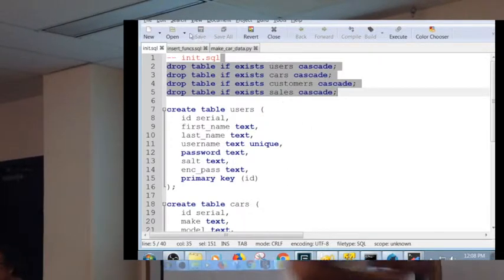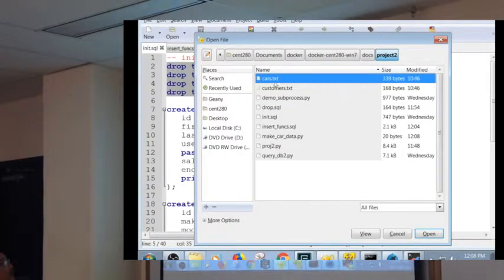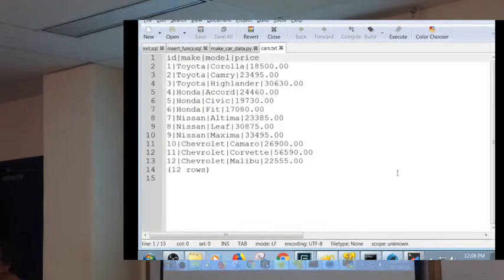Okay? Cars.txt is a vertical bar separated file, and not comma or tabs, vertical bar. I want to read this in to get to this information. If you take a look at this, the first line is a header row. We don't really need that. The last line also is something that we don't need. So